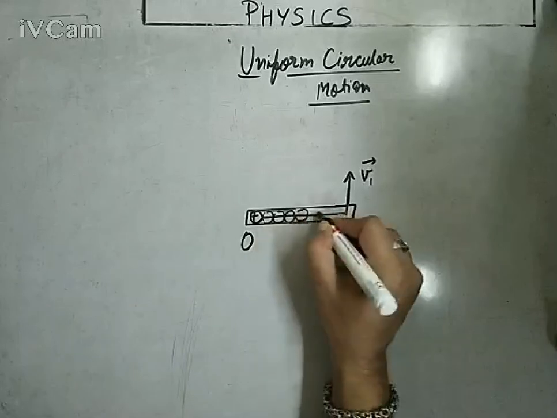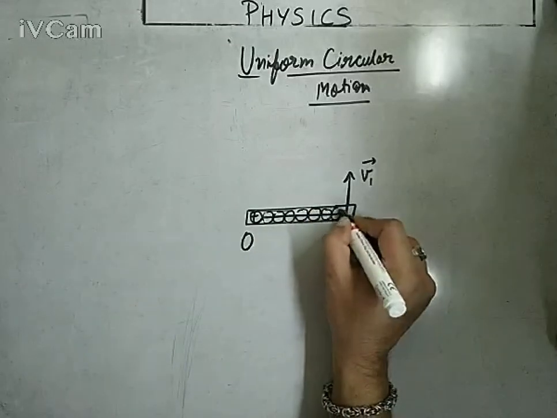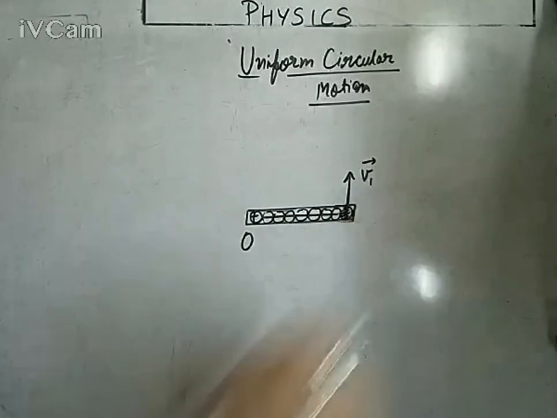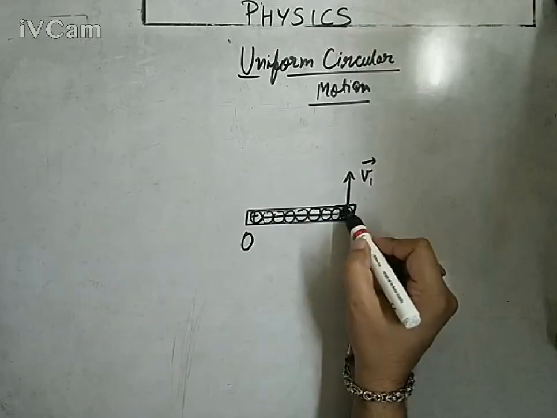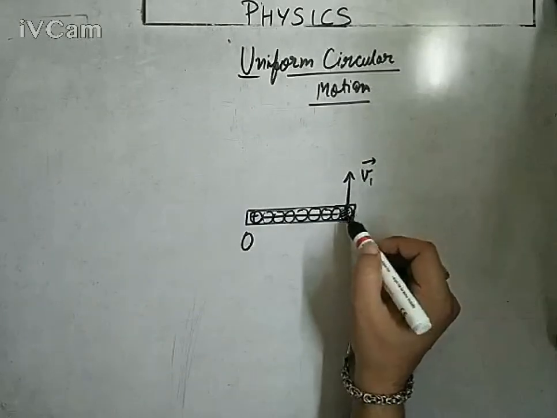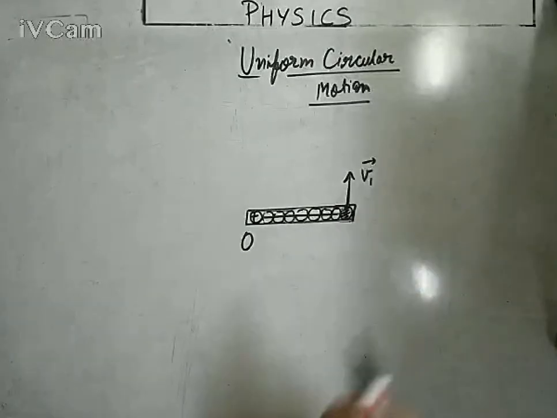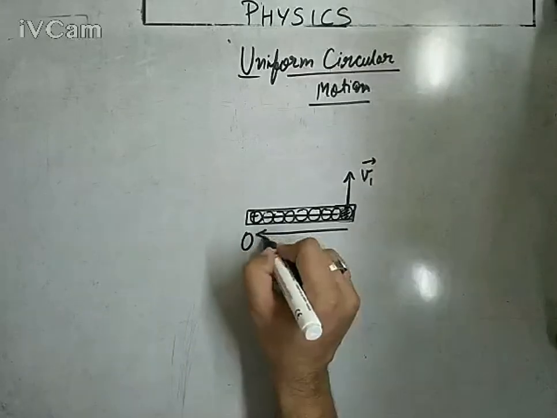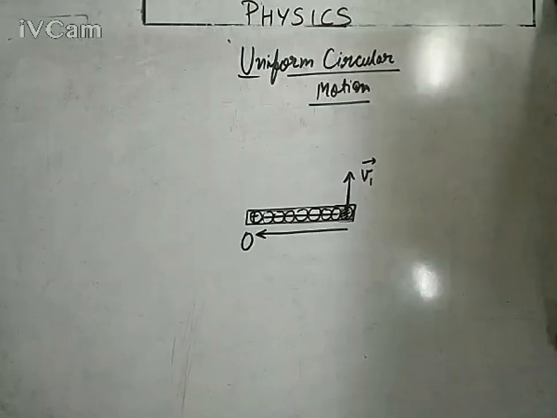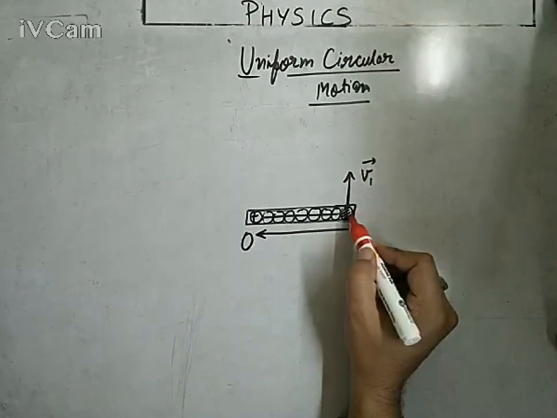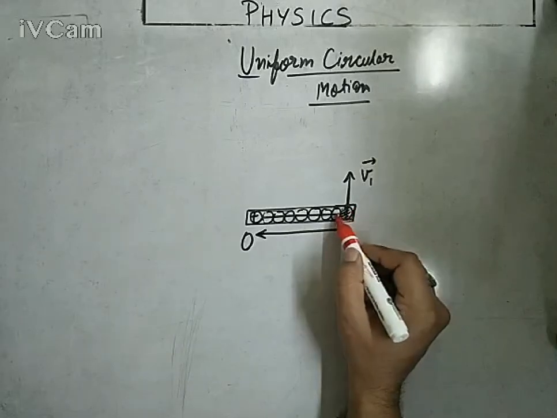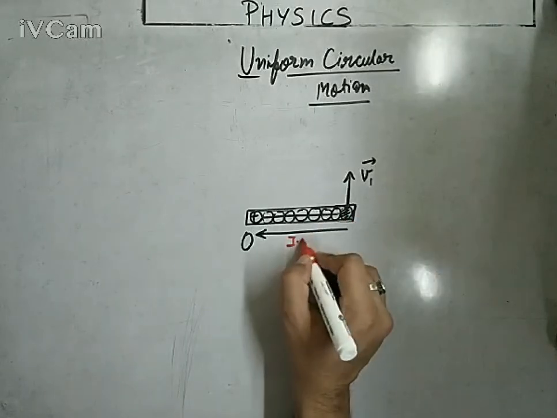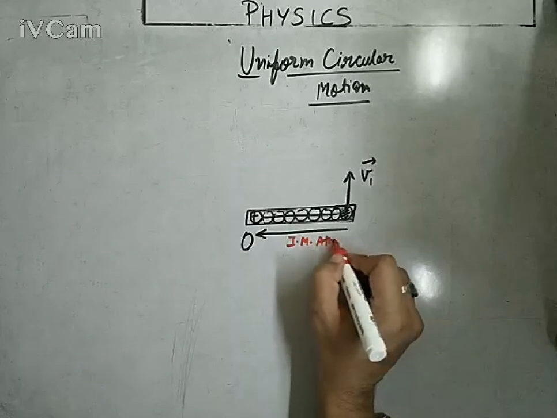This is trying to hold the particle on which you are giving the velocity, this shaded particle. So if this shaded particle is trying to move with velocity v, it will experience a perpendicular force from the second particle, which is actually the intermolecular force, and this force is directed towards O. As soon as this particle tries to move forward, the second particle attracts it towards itself with the intermolecular attraction force.